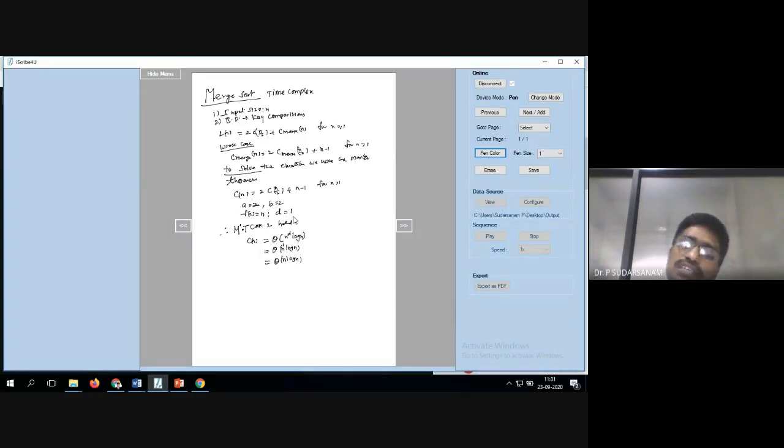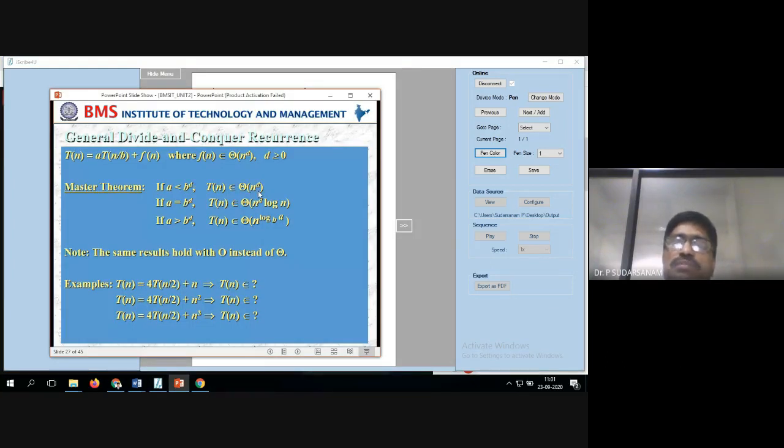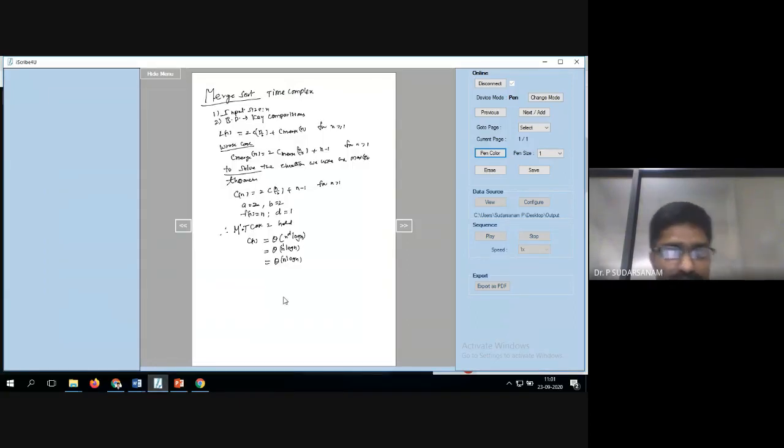Now you can change it: if you take D equal to 2, 3, 4, you can write the result using the master theorem based on that. That means when the values are increasing or decreasing, you can change accordingly. Because I have taken D is equal to 1, master theorem case 2 holds. So C of n is equal to theta of n power d. Suppose if the first case holds, theta of n power d; if A is greater than B power d, you can take this. That is the way of writing the time complexities.